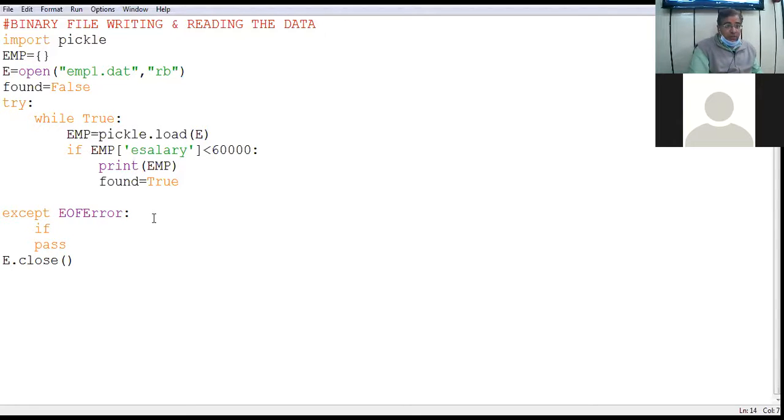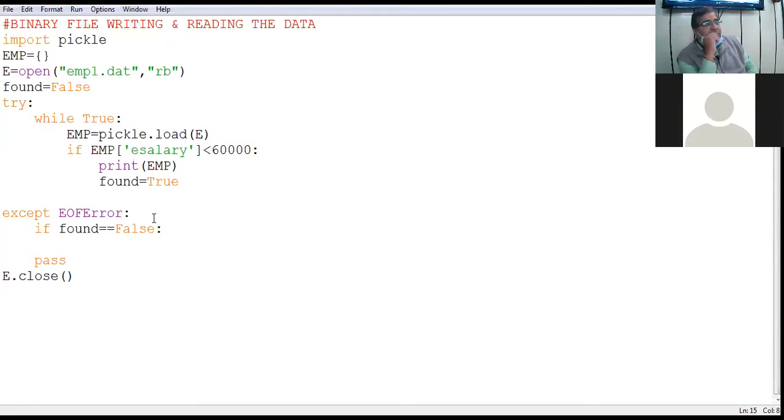If found equal to false, अगर पूरे सर्चिंग में एक बार भी आपका रिकॉर्ड नहीं मिल रहा, you are searching the entire file, but throughout the file you didn't find any single record that matches your criteria, what to be done in that case? In that case, one thing is sure, found will never be true.